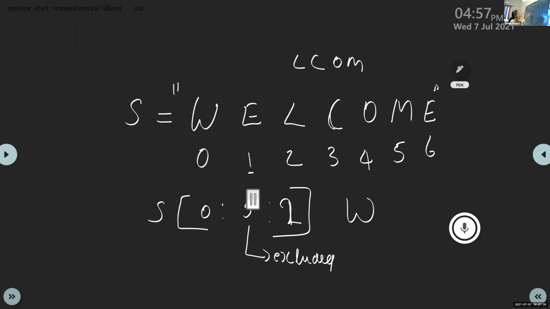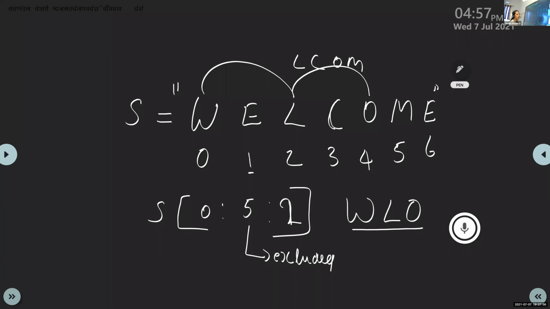After W, it will display L. After L, 0 plus 2, what is 0 plus 2? It is 2. After that, 2 plus 2, it is O. Then stop value is 5, so we stop here. So the output is WLO.